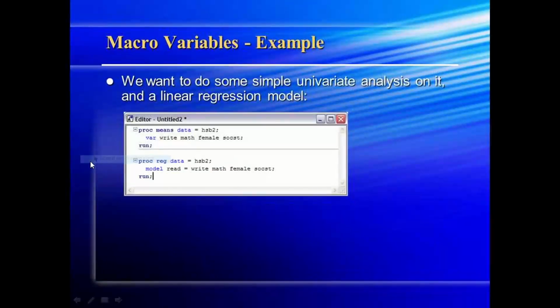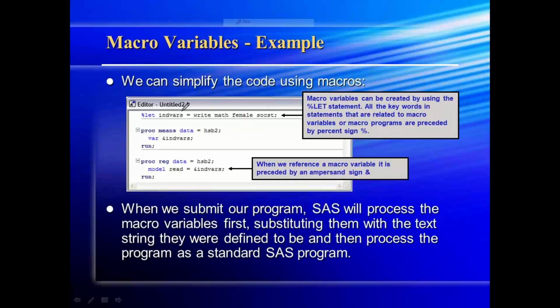So in order to overcome this, what can we do? We simply create a macro variable, assigning all the values to it, and we just invoke that macro variable in every procedure that we are going to execute. So if you wanted to make any changes, you just make a change over here and that gets reflected in every place where you have used it. So that makes your programming complexity lessened, and you can easily manage all these macro variables. Right? So that is the first importance. How do we work with these kinds of macro variables on the programming part?